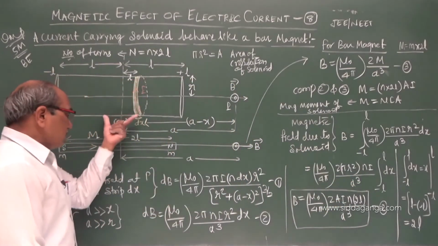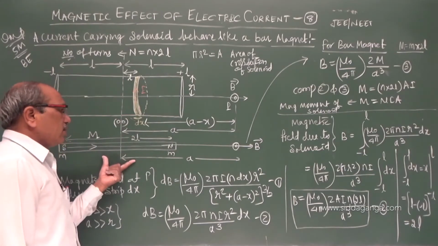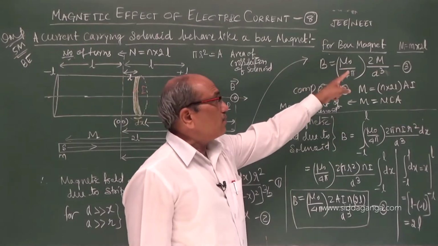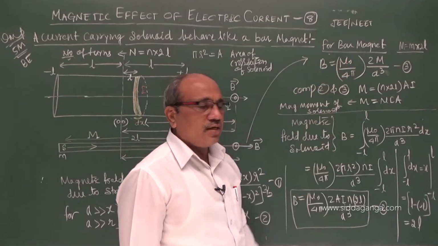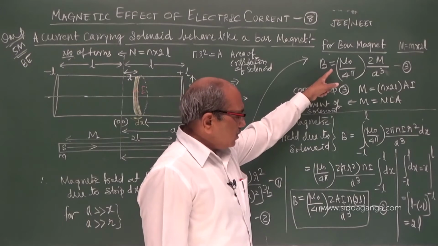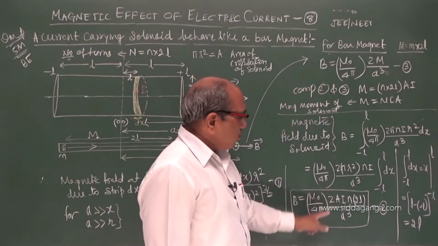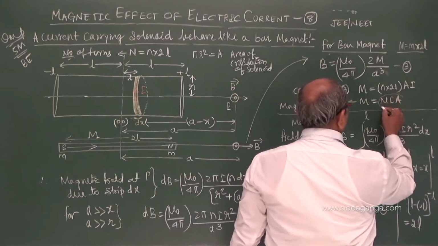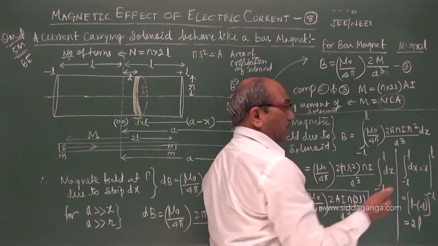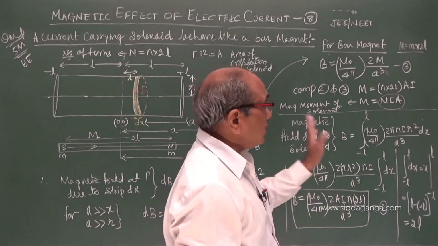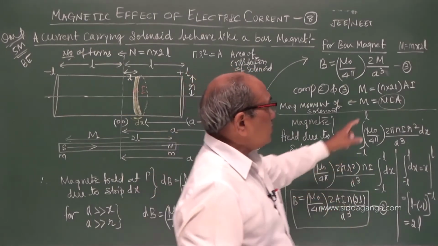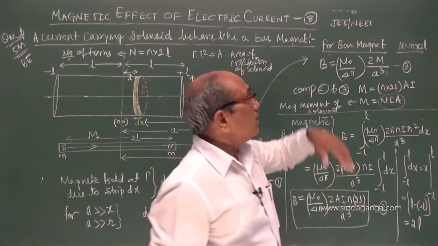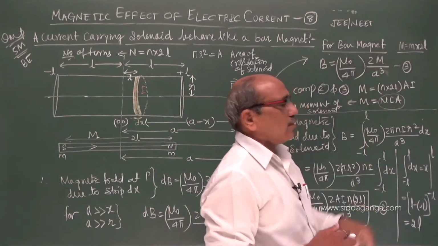But when I think similarly about a bar magnet, for the same distance a, we have a standard equation where m refers to the magnetic moment of a bar magnet. When you see equations 3 and 2, there is almost similarity. And already we discussed that the magnetic moment of a circular loop is IA. For a circular coil it is NIA. Here for a solenoid it is N into 2L into IA. That gives you the magnetic moment.